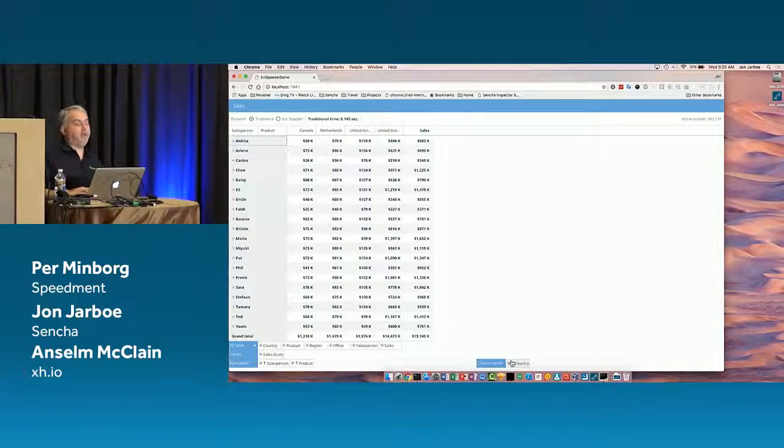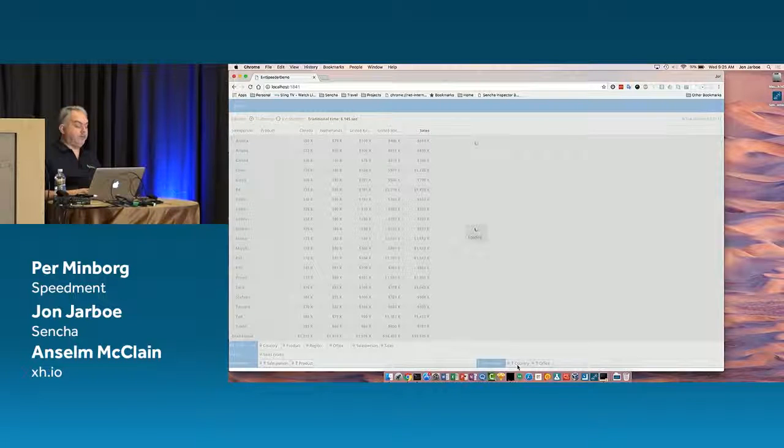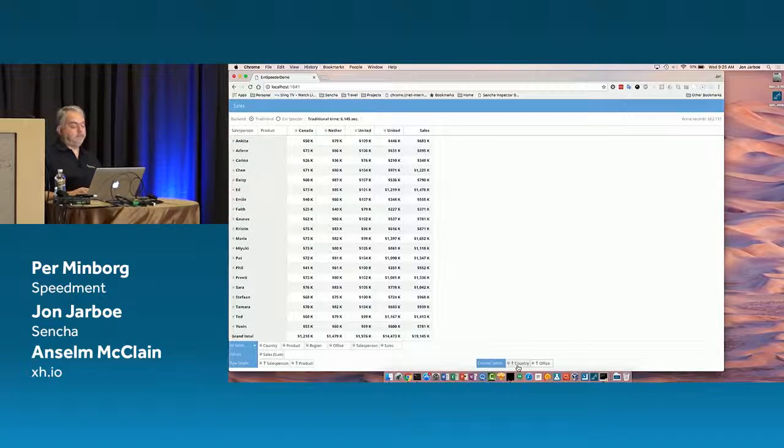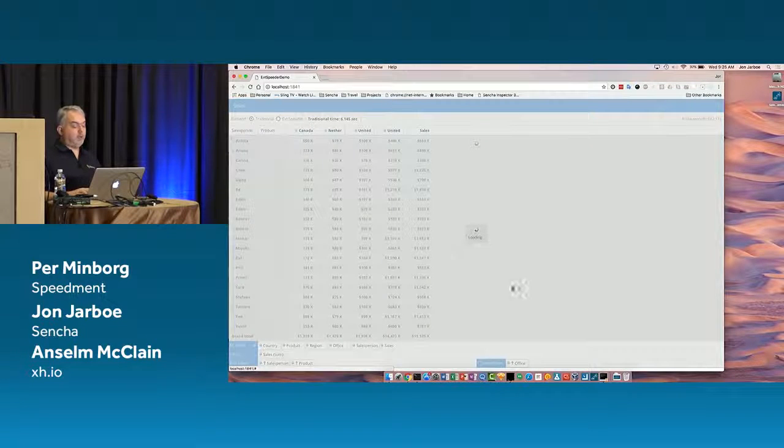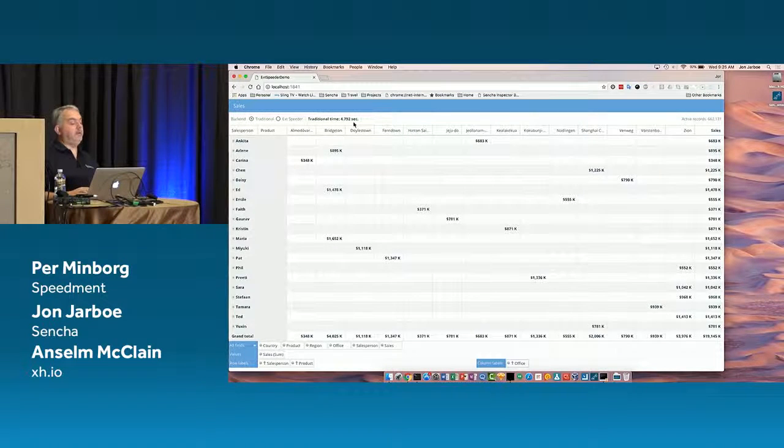But maybe I don't really care about the country so much. Maybe I'm more interested in the office. So I can just take the office, drag it down here, and each time that I make a change, you can see it's accessing the back end and trying to update the grid. And since I don't really care about the country, I'll remove that. And up here in the top, you can see that the traditional case is taking about 5 seconds for each